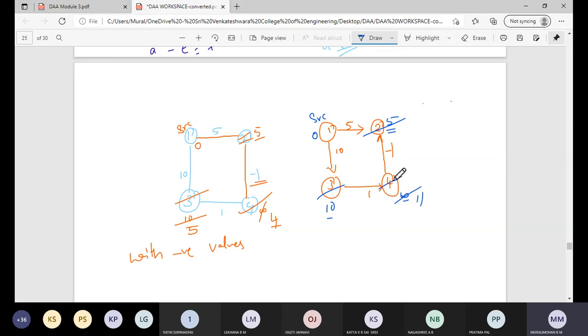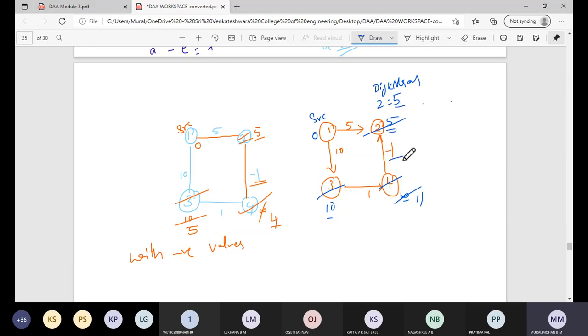Now I will select this 4. Since I have an edge from 4 to 2 here, can I update this according to Dijkstra's? Once the vertex is selected, we will not update the distance. So the distance we are getting for 2 is 5. Whereas from 4, if I update, what will I get? 11 minus 1, 10. Because 5 is less than 10, we will not update, it will take 5.